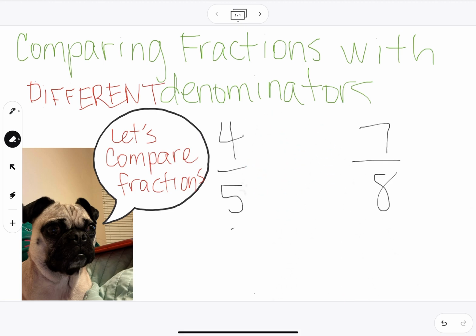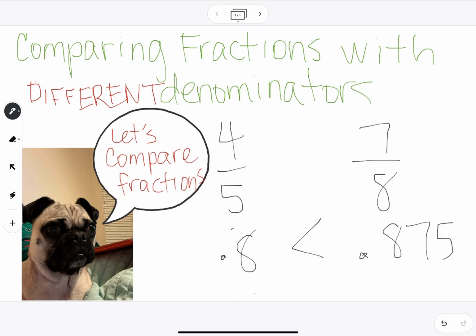So if we convert 4/5 to a decimal, I would divide 4 by 5. If I do that, I should get 0.8. And then if I convert 7/8 to a decimal, I'm going to divide 7 by 8, and that gives me 0.875. Now that's really easy to tell that 0.8 is less than